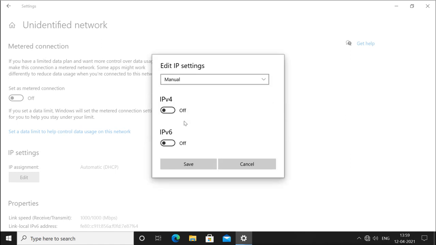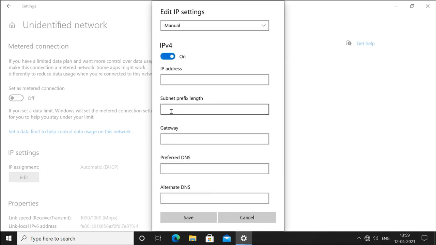Now it asks whether you want IPv4 or IPv6. For example, I want IPv4, so I will enable this. Now it is asking what IP you want. You have to type the IP here. Remember, you know the classes of IP addresses and you know the network part and host part, so you can assign whatever network you want accordingly.